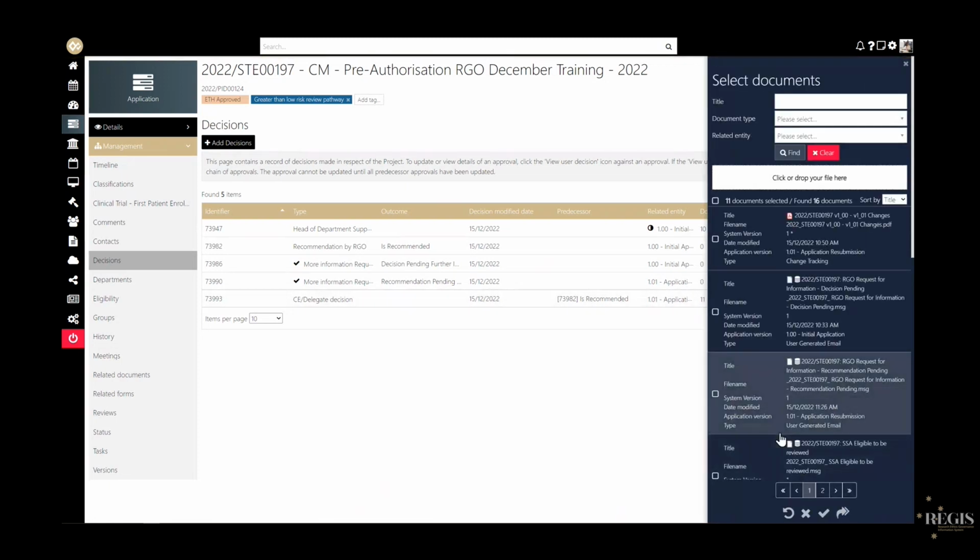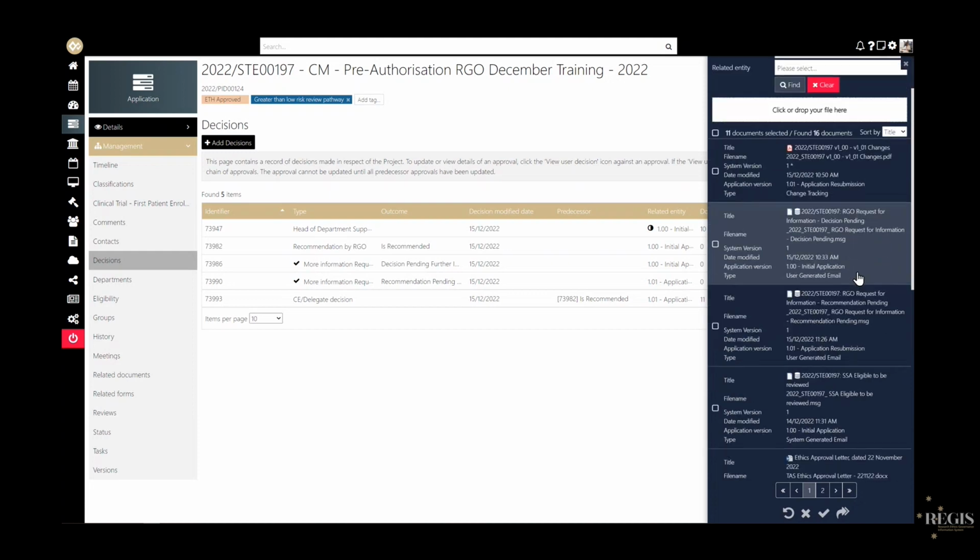And this is going to be showing us the documents that have been automatically selected for the CE delegate's review. This is why it was really important that we went ahead and tagged the authorized documents, to make it really nice and clear. Those submitted documents are going to be what we expect to be authorized. So if you're scrolling down,